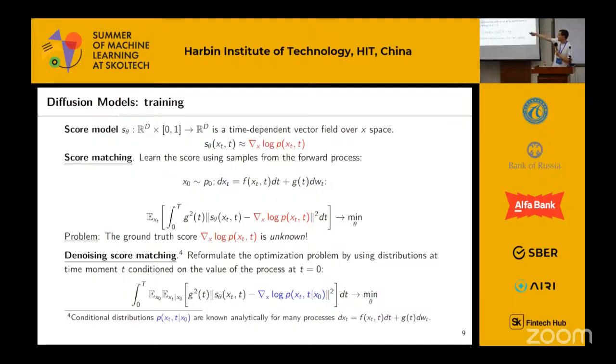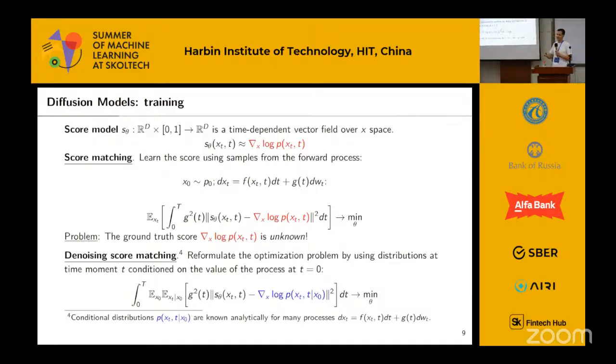So a naive idea to do score matching is just to do some regression on the true score. And theoretically, this should be done the same way as in flow matching. So we can solve this regression problem to exactly recover this score function. But the problem is that the true score function is unknown, because if we knew this, why would we need to learn it actually? So this is why there are some techniques which are applied, called denoising score matching,